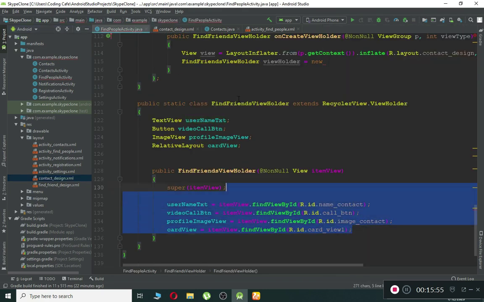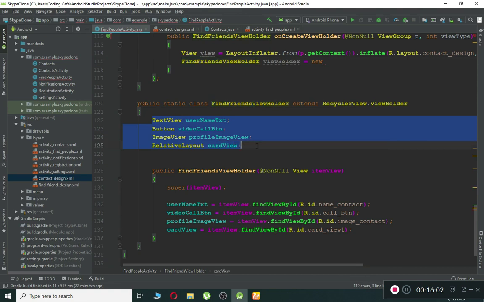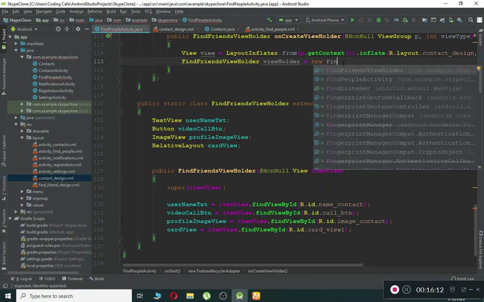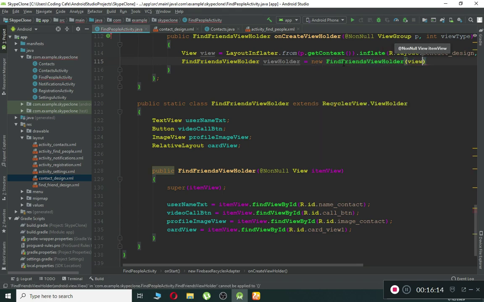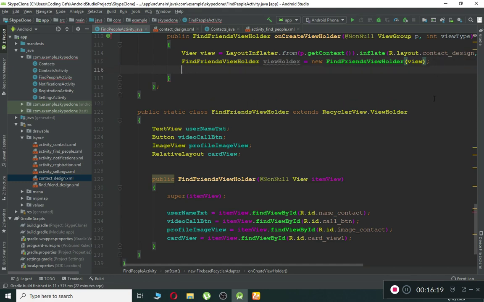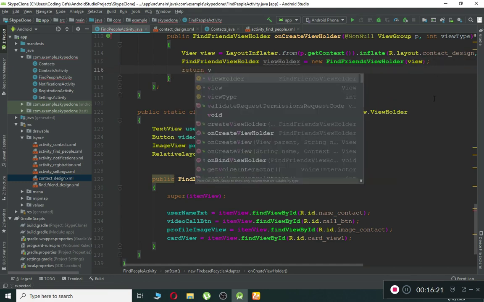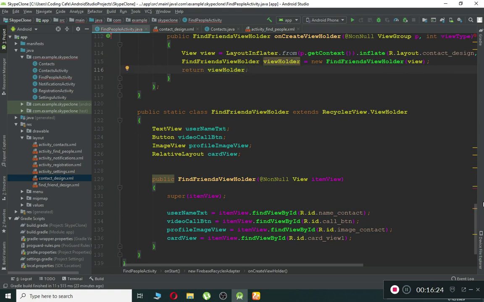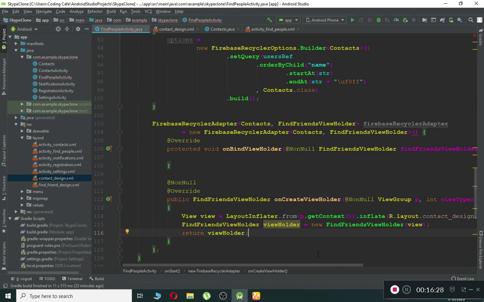So we have to let this find friend view holder know that these things belong to our contact design. So we have to pass it here: find friend view holder, and pass the view to it, which contains our contact design, and then we have to return the view holder. That's it. Now once it is done, just come here, and inside this onBind view holder we have to get